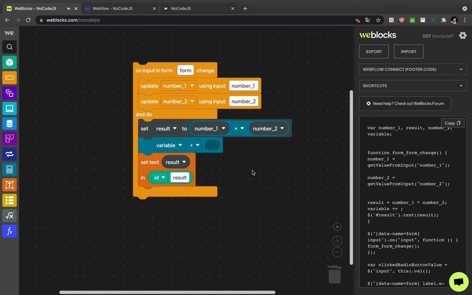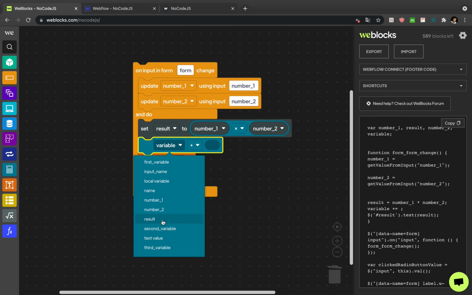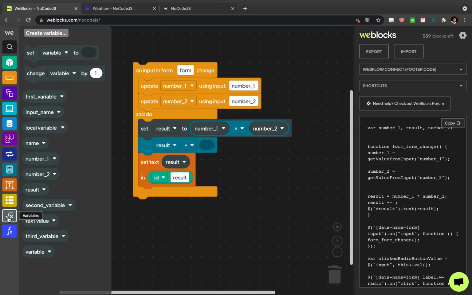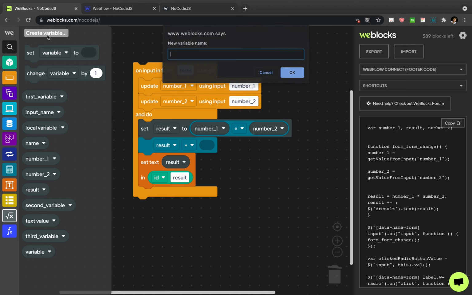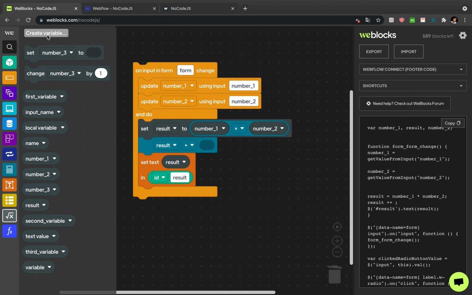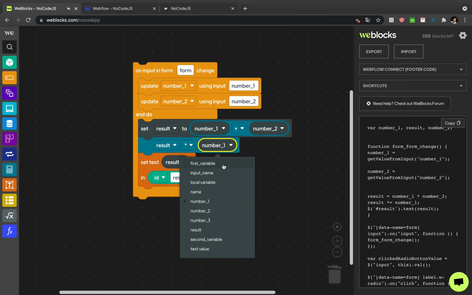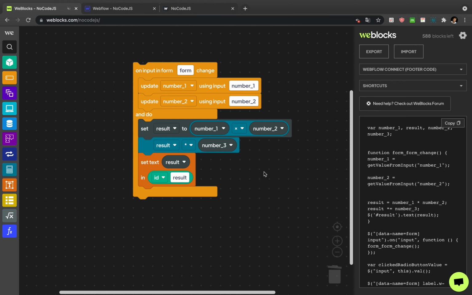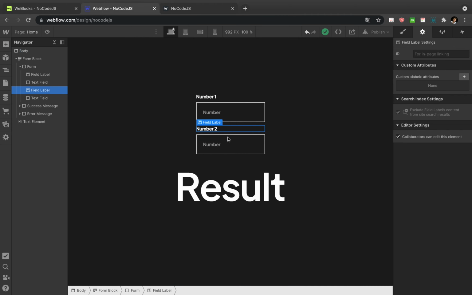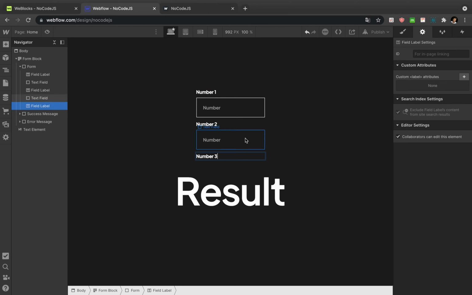So right now, if I would create a third variable, number 3, and I would like to multiply the result by firstly number 1, number 2, and number 3, so right now I can type multiply by number 3, and how it will work. So if I would create a number 3,